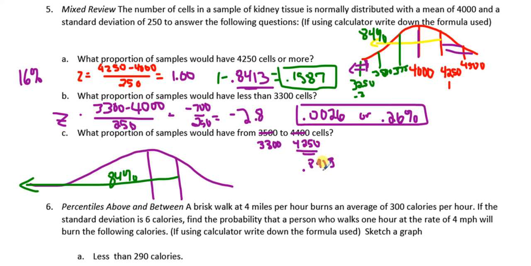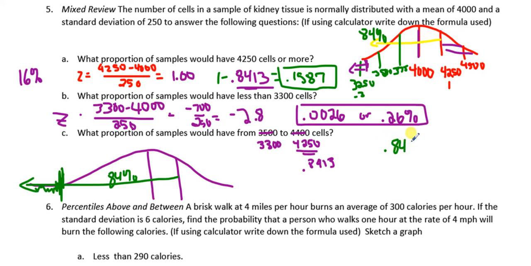But it was 0.8413, and 3,300 is way down here, 0.0026. So we're just going to erase that little bit because we want to find out what's in between this amount, not all the way to the bottom. So it's right around 84% still because this was such a small amount. But to get an exact number, we would do